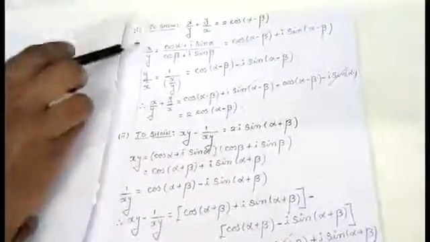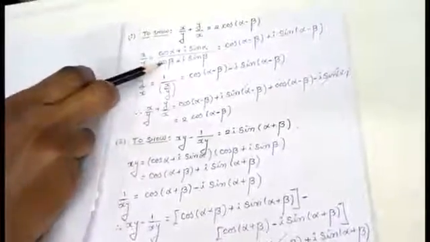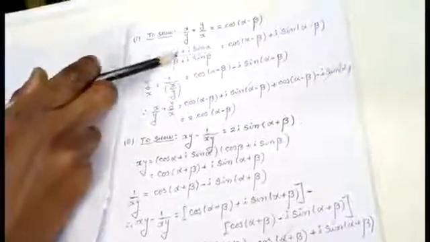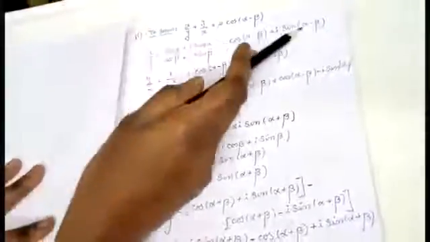First condition, x by y plus y by x is equal to 2 cos alpha minus beta. For x by y, the value given here for x is cos alpha plus i sin alpha, and for y the value given here is cos beta plus i sin beta. I am writing the value here, students, and we are going to use a property here, and that property is explained in your book. If you are going to get it in the form of division, you are going to subtract the angles, that is cos alpha minus beta plus i sin alpha minus beta.